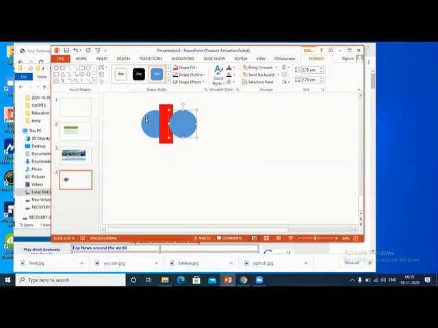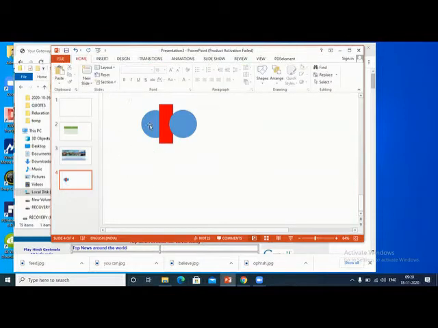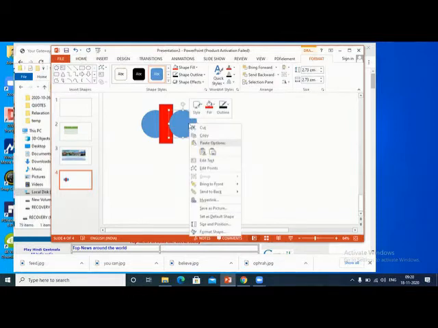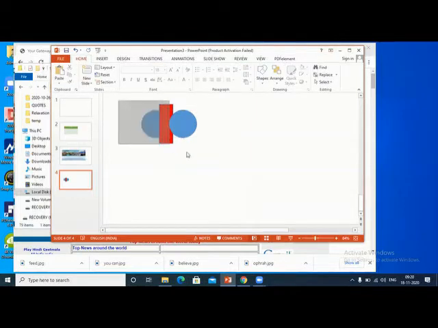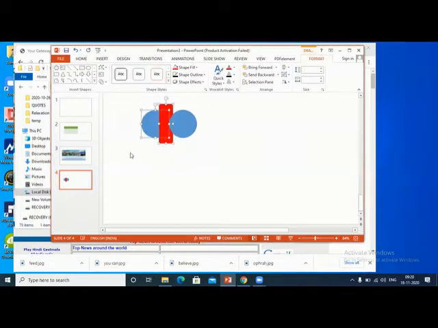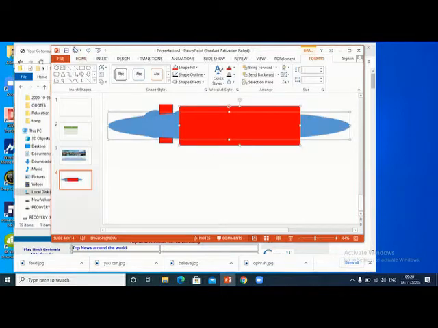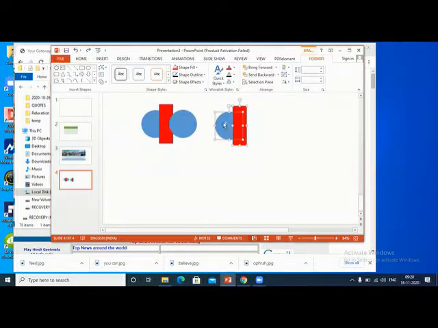What you do, you select the object, whichever you want to copy, you select the object, press control, drag. You can see the plus is coming there, drag. That's how you can copy, or you can select, right click, copy, then paste. You can do it like that also. So I will copy some of these objects. Another copy here, another copy here.